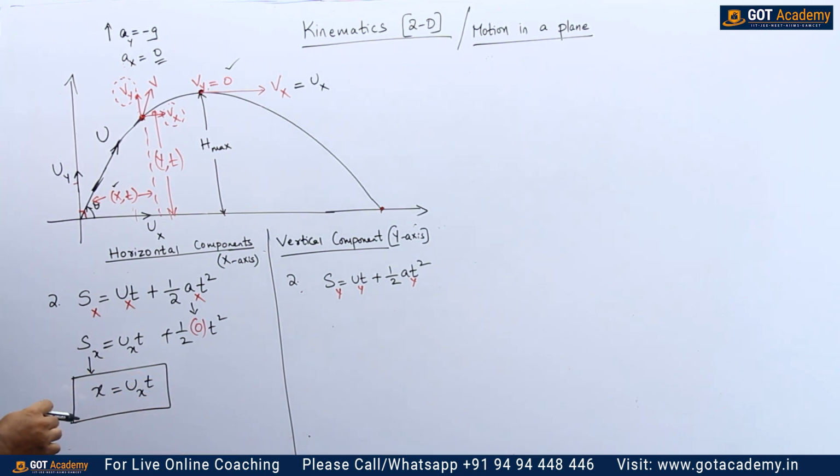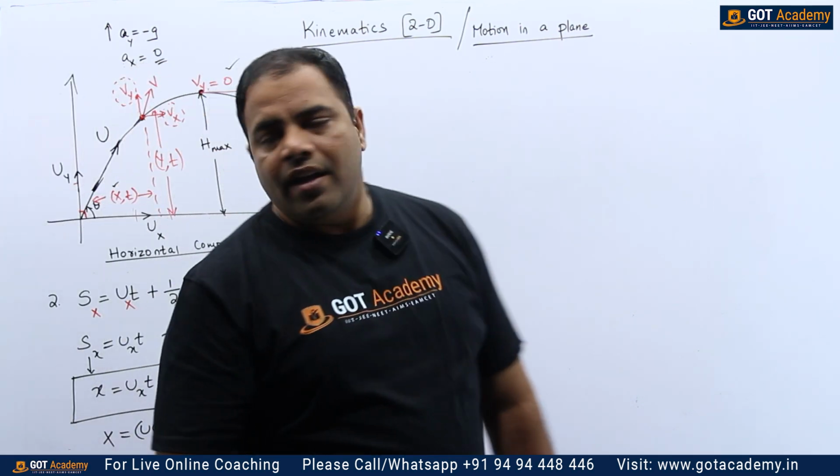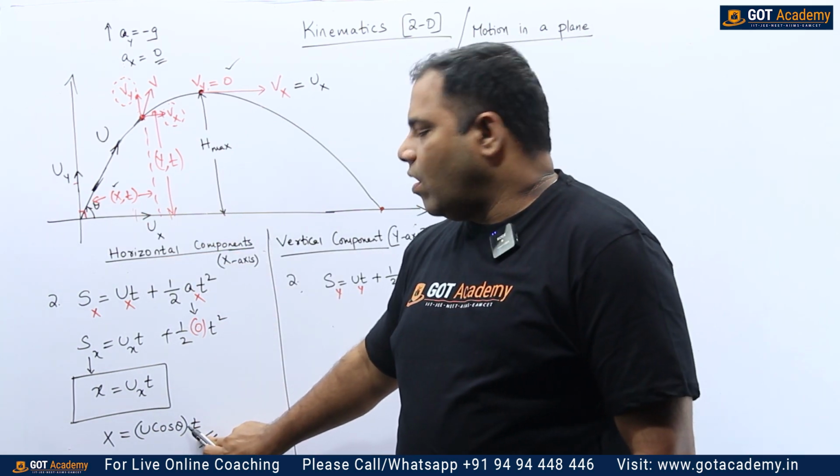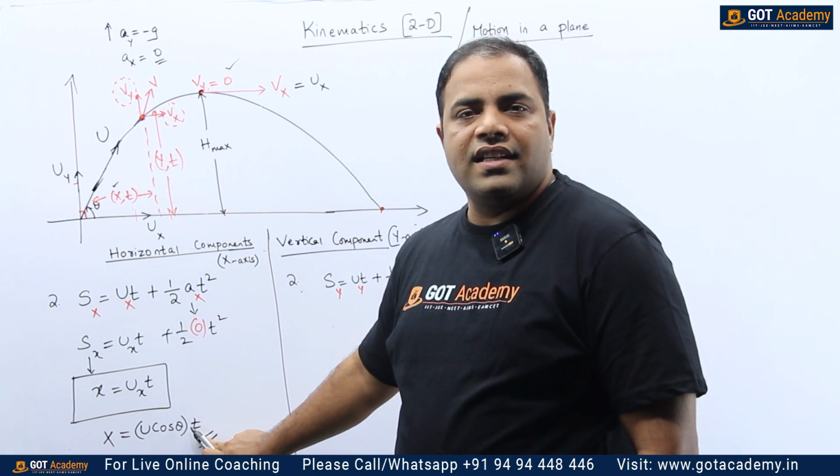So this is the position of a body along the x-axis, that is ux into t. If time is known, we could find out the distance along the x-axis. As I mentioned, this ux can be written as u cos theta into t. Clear? So once the body's projection angle, that is theta, is known and time is known, we could find out the distance along